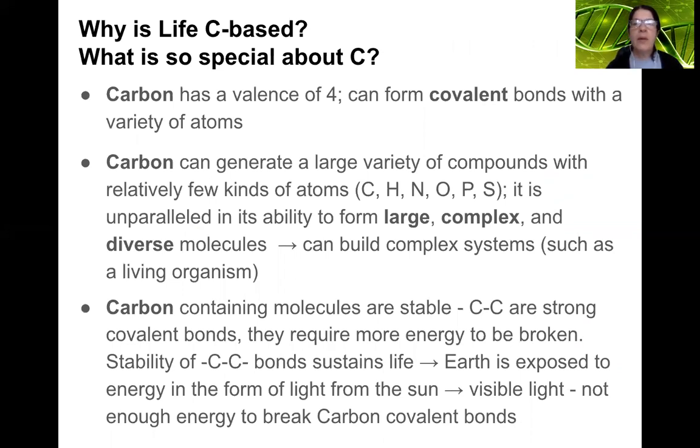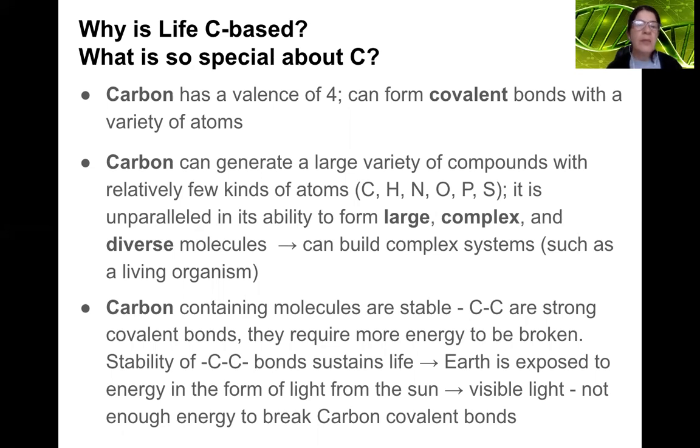Well, carbon, as I already told you, has a valence of 4, so it can form 4 covalent bonds with a variety of atoms, which means it can build a large variety of compounds with relatively few kinds of atoms. So if you just take CHNOPs, which you probably learned in bio, the most common elements that build life, you can build quite a large array of molecules with different structures and different functions, and thereby